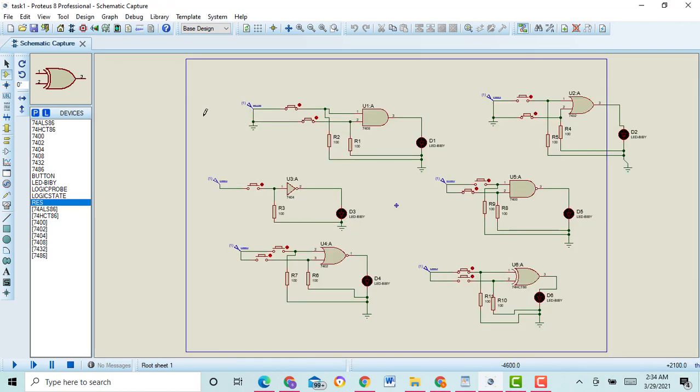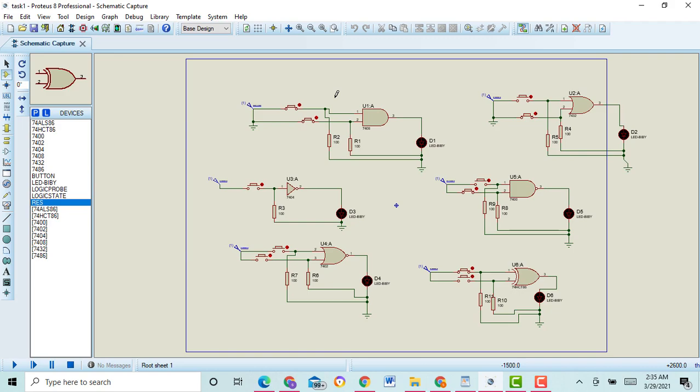And on the screen here you can see there are six logic gate circuits. The first circuit is an AND gate circuit, and the second circuit is an OR gate circuit, and the third circuit is a NOT gate circuit, and the fourth circuit is a NAND gate circuit. And here you can follow my cursor, and the fifth circuit is a NOR gate circuit. The sixth circuit is the XOR gate circuit. And now I will explain the details of these circuits.